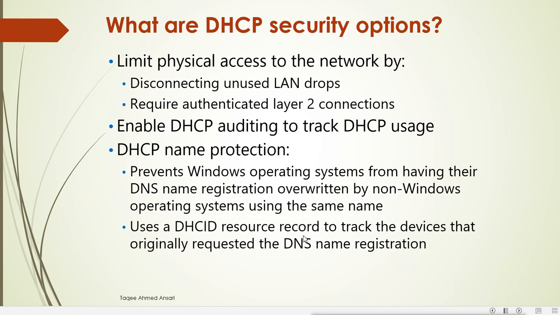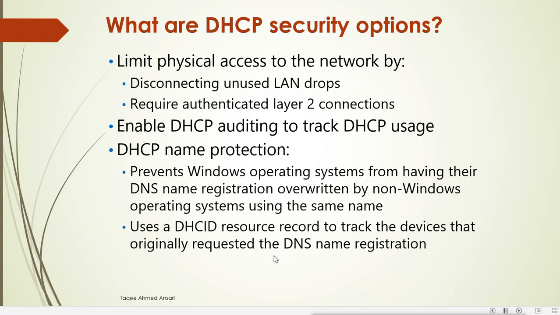Now a human tendency is that we can remember names instead of numbers. This is human behavior. We can remember 500 names, but we cannot remember 500 numbers or IP addresses. So DNS helps us resolve the names to IP addresses. If we want to connect to those 500 different machines, we don't need to remember their IP addresses. We need to know the names of those machines, and when we want to connect, we will use the names.